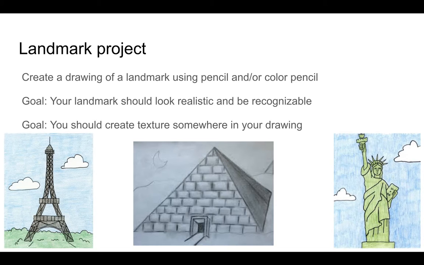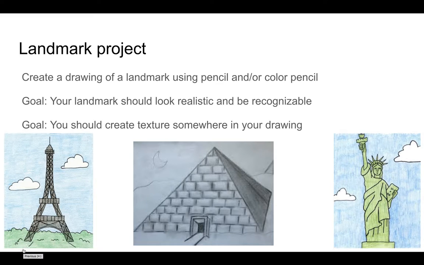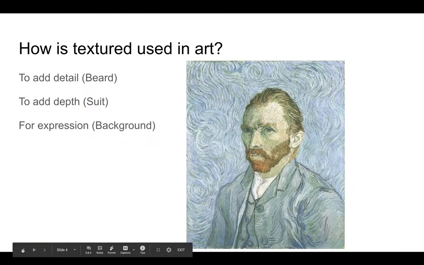If it is outside and there's grass, you want to make sure you're doing the texture of grass or the texture of the ground, things like that. So there's lots of different ways that you can do this, but it's going to be a little bit different depending on what landmark you decide to do. So I'm going to go back